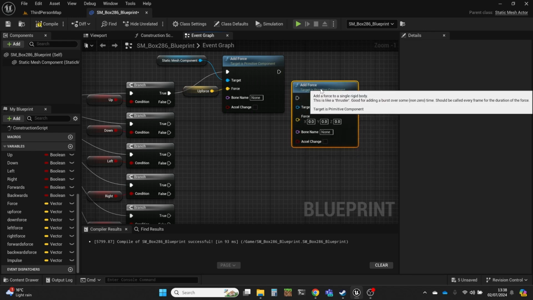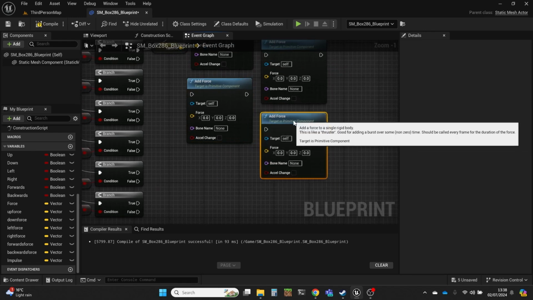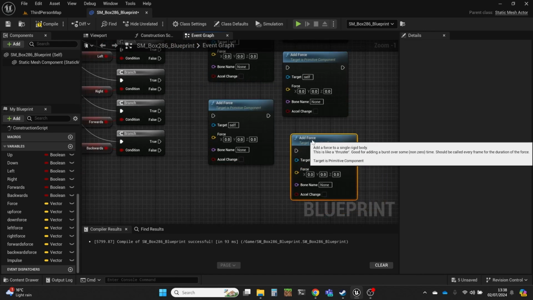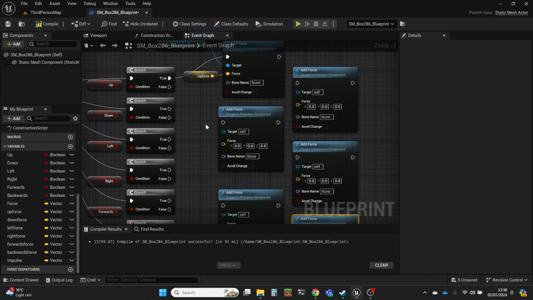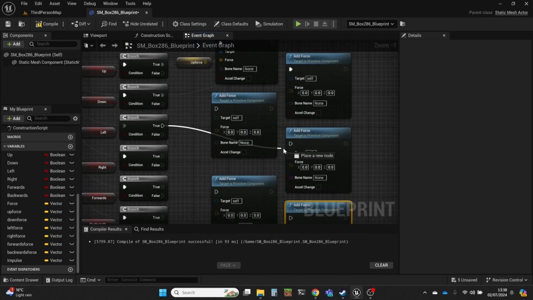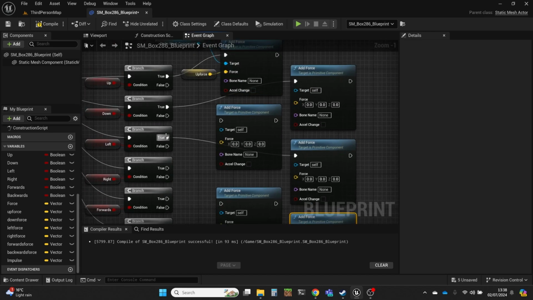I'm just going to put 5 more of these in. Look, this is why I wanted to prepare some stuff, because there is so much of this to do.